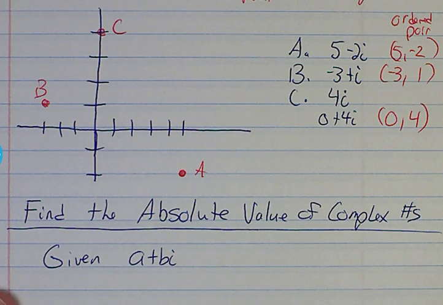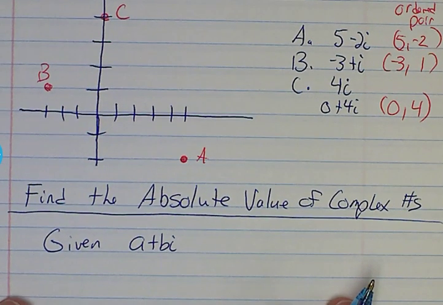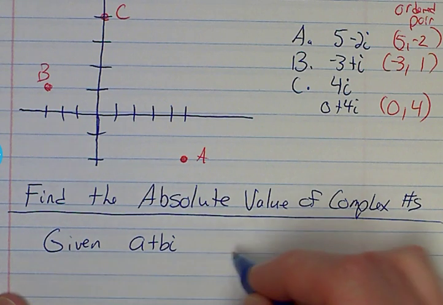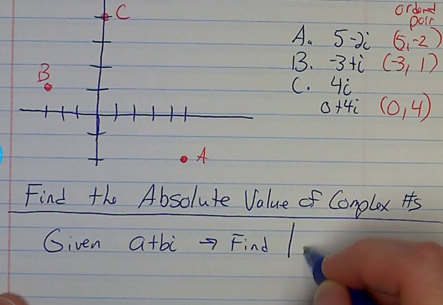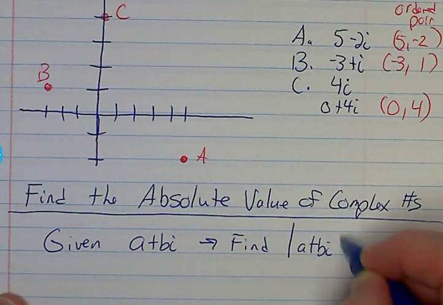Okay, so when they give you whatever the complex number is, we'll just look at it in basic terms here. It's A plus Bi. If they ask you to find the absolute value of that complex number,